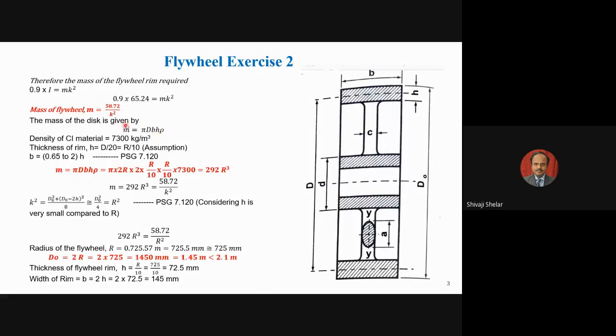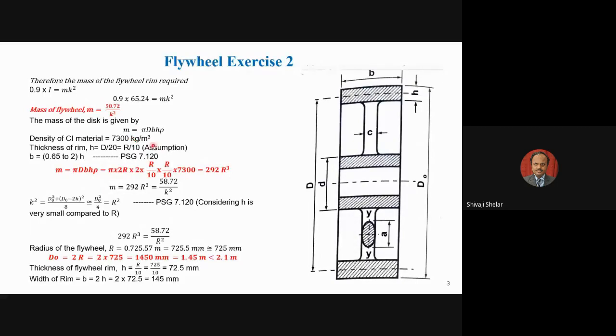So when you compare these two, the masses should be equal. When we are designing a flywheel, these two masses should be equal. So in this equation, let's put the value of rho and other terms. The density of cast iron is normally in the range from 7,000 to 7,400 kg per meter cube. I have taken 7300 kg per meter cube here.